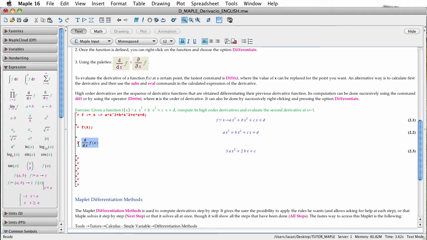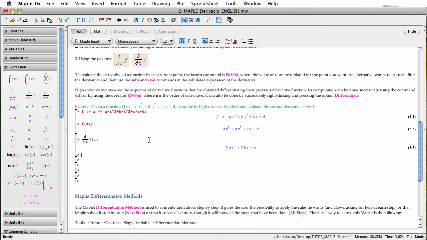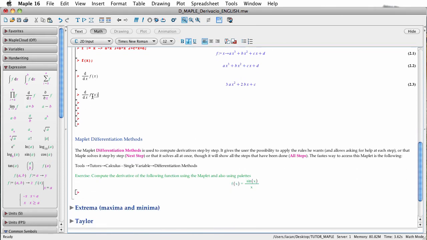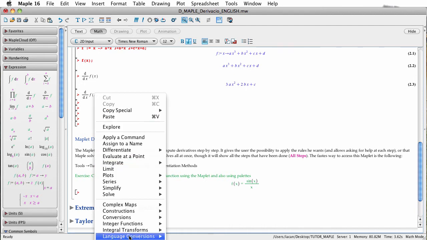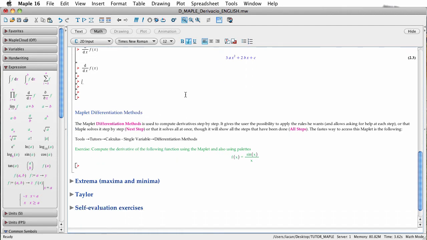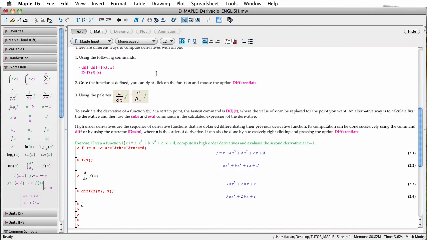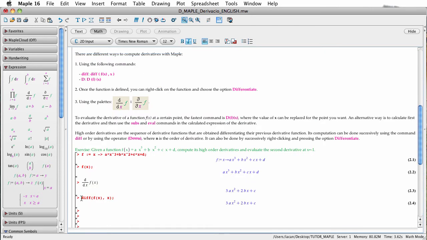Now, if we convert this to 1D, F5, copy. If I just use right click, you cannot see, but I'm using 2D convert to 1D, so you just go to the bottom, 2D convert to 1D,